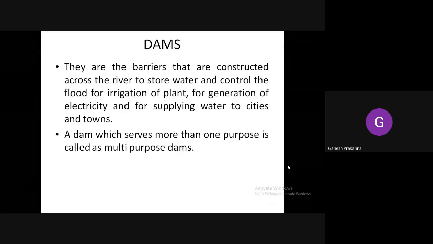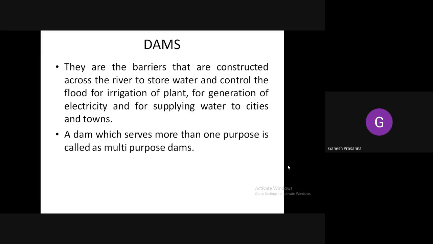Dams are built in such a way that they are capable of storing the water, controlling the flood, and serving the purpose of irrigation, electricity generation, and supplying drinking water to cities and towns.